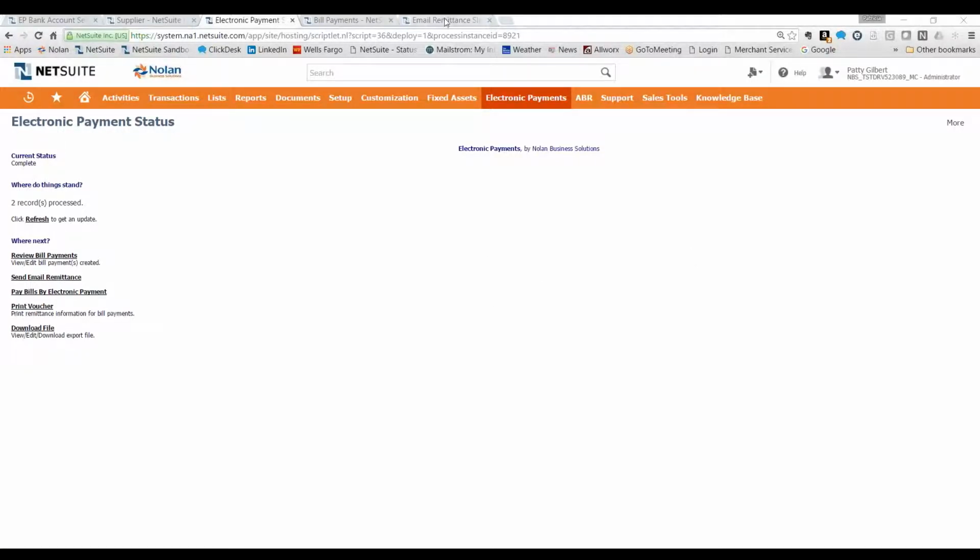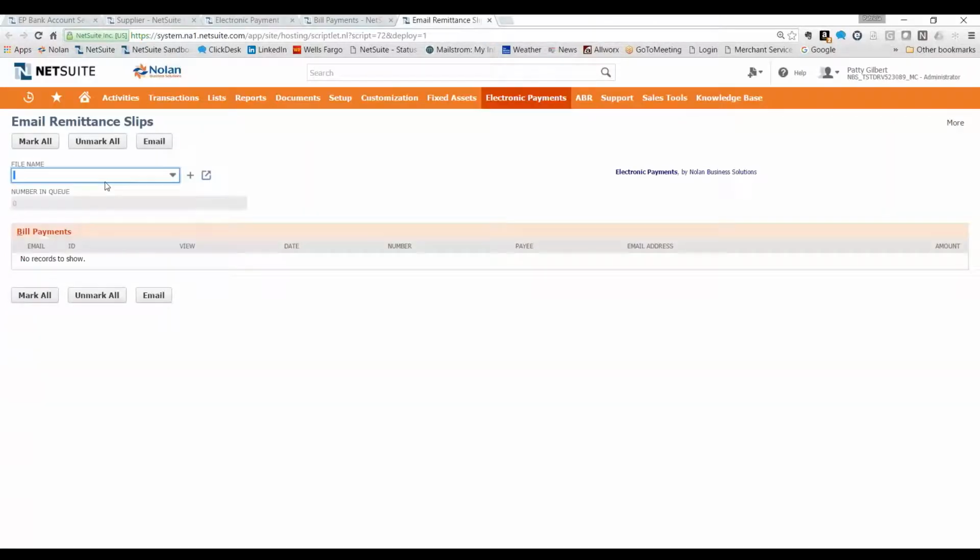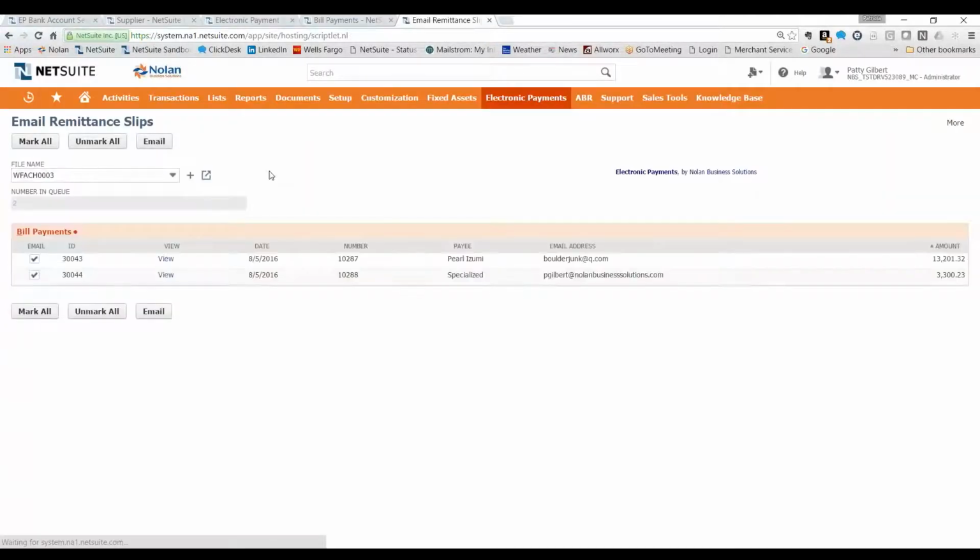Let's take a look at email remittance next. So what we're doing in this process is we're opening up that file that we just produced. When we set up the bank account, I don't think I called out this field, but there's a field where we can dictate what that file name is going to look like. Then each generation of that file is going to have a sequential number as part of the name. So we pull up that file that we just produced, we can see the payments that were in that file,